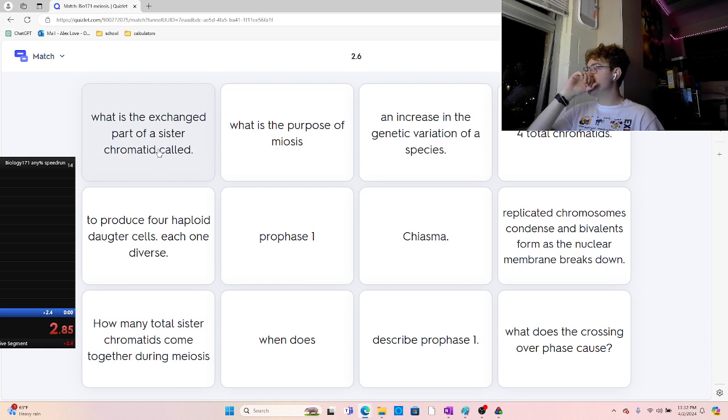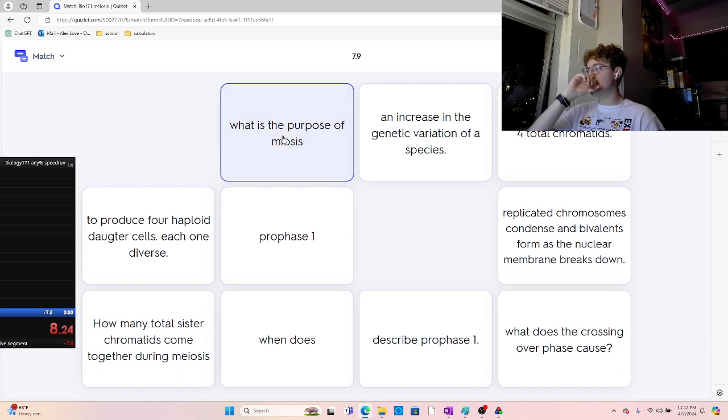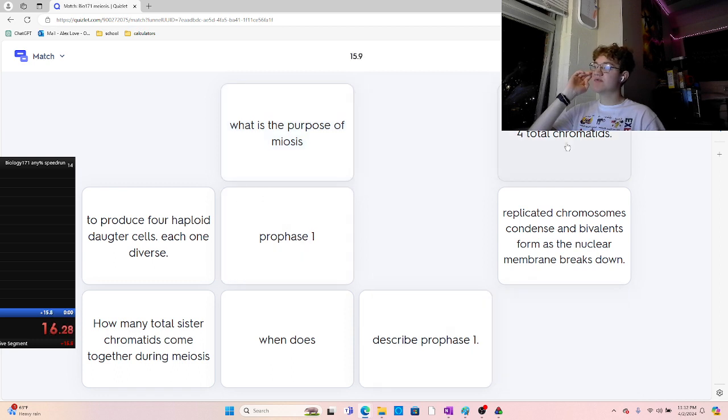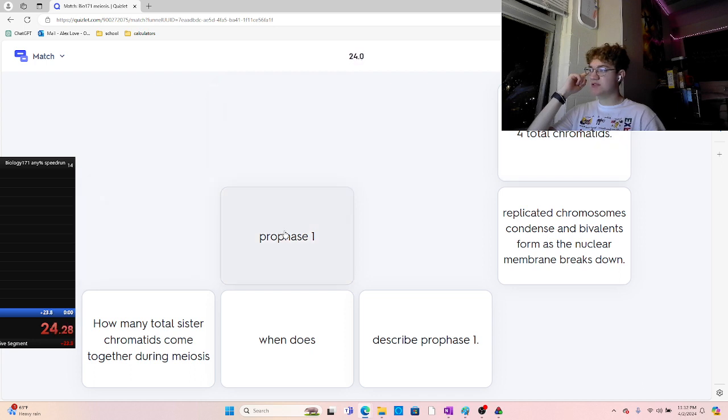What is the exchanged part of a sister chromatid called? Chiasma. What is the purpose of meiosis? Meiosis is to increase genetic variation of a species. That is, what does crossover phase cause? Yep, 4 total chromatids. That is, to produce haploid daughter cells, each one diverse. That is, what is the purpose of meiosis? Prophase 1 is replicate chromosomes condensed and bivalent. Yep. No. Prophase 1 is, uh, when does